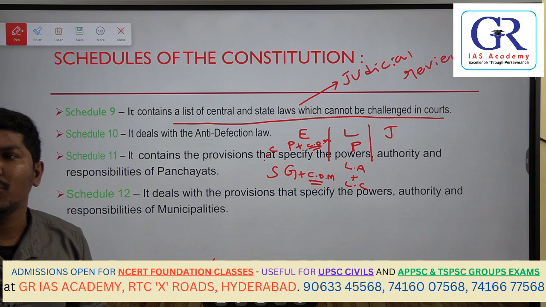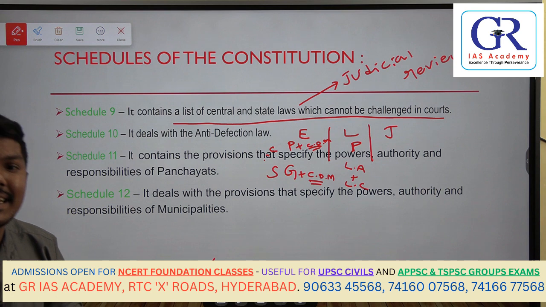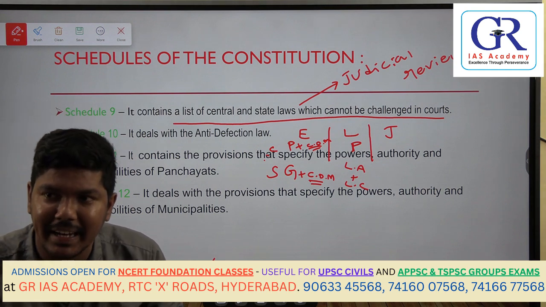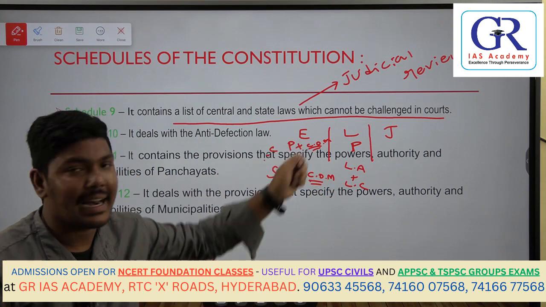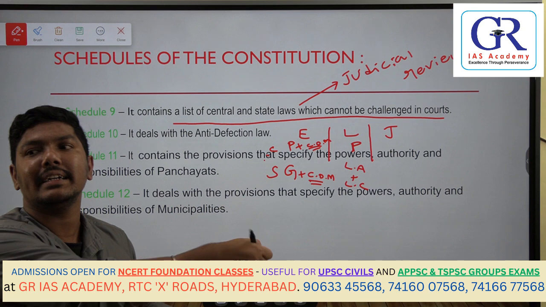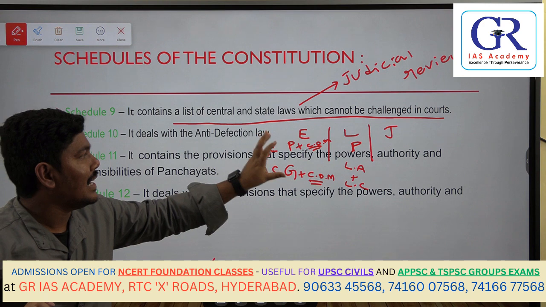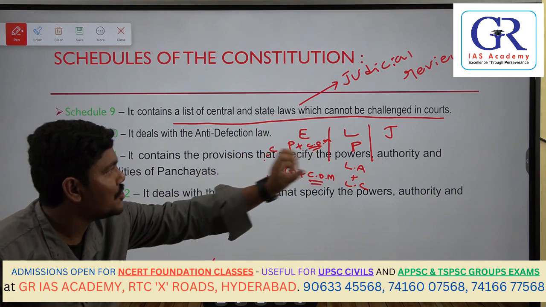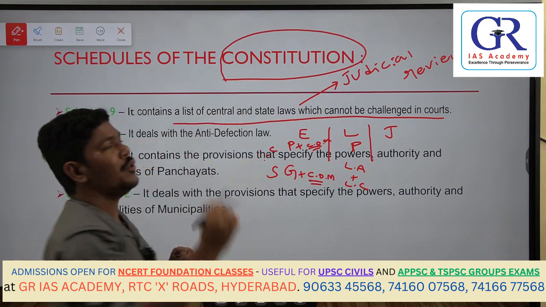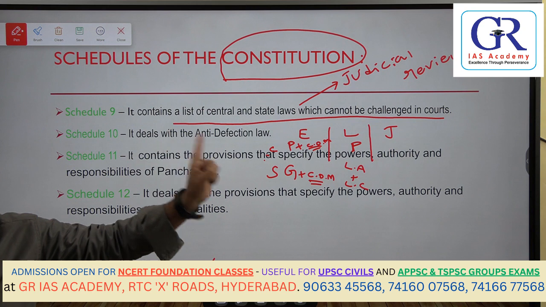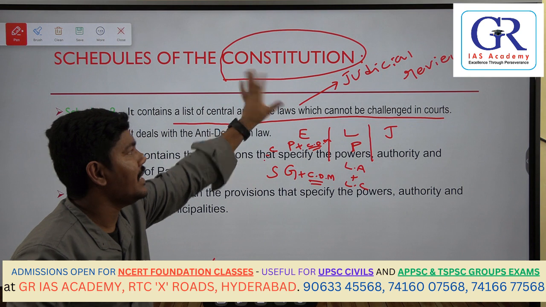Okay, fine. So who will make a law? Executive, legislature, or judiciary? Legislature will make a law. At central level, all the laws required for our country will be enacted by the Parliament, and at the state level by that concerned state legislature. Whatever the laws made by legislature, or the executive orders, or the judiciary judgments, everything has to be complementary to the Constitution. No law should be in conflict with the Constitution of India.